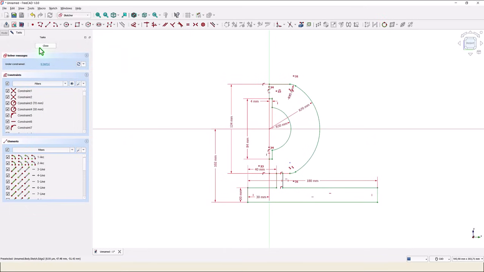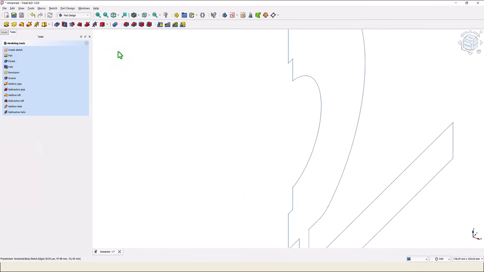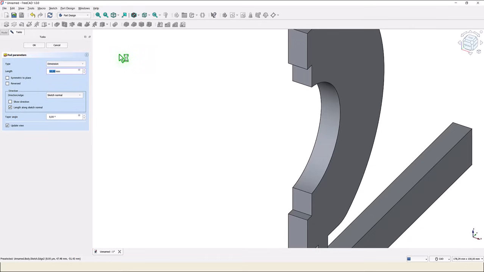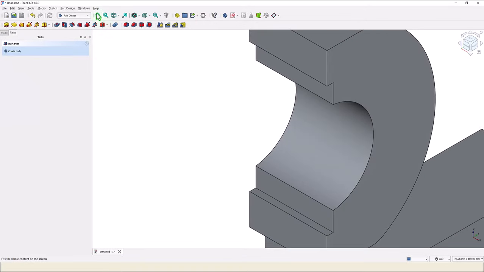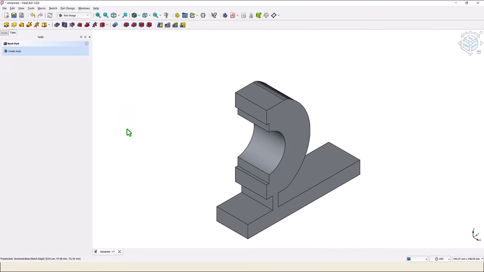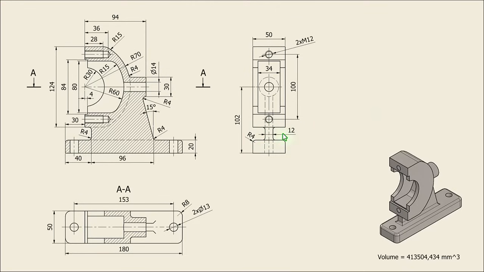so we can continue, close, and apply extrusion of 50, symmetric. Okay, this is the first volume. We continue with this feature, thickness of 12. It is placed from that 40 to the sloped line